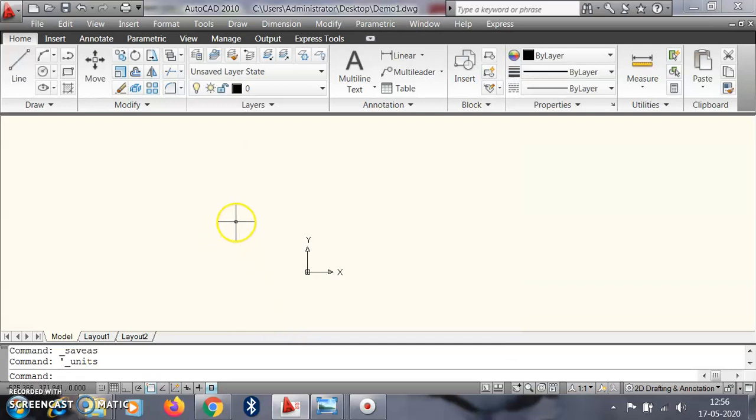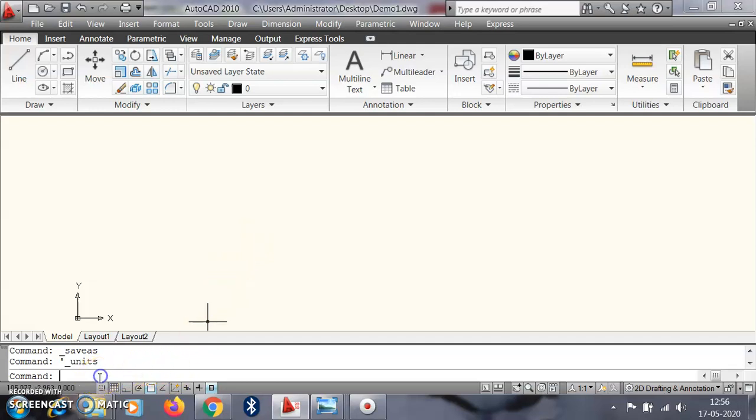So our units are set here in meter and decimal places. Then limits. We know that there is a very huge workspace. When we start in this workspace, most of the time there are a number of drawings drawn on one worksheet, but they are not easy to find, as one drawing is plotted at another corner and a second one is plotted at the uppermost corner. So we have to set our limits.